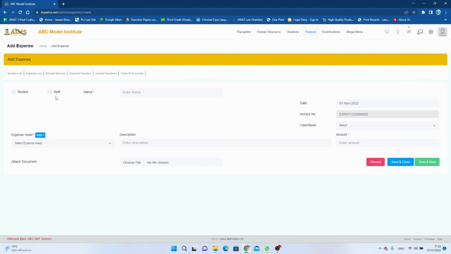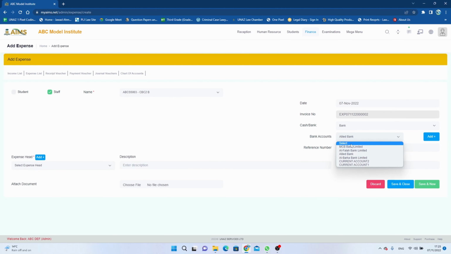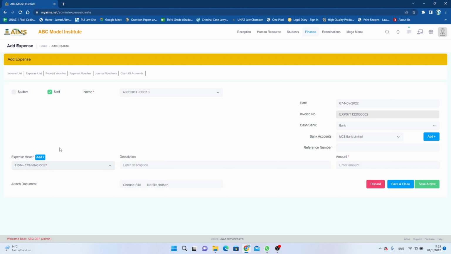another one, and it will relate it to staff. So I will select staff, bank, light bank or MCB bank, whatever. Okay, that's the I will say house rent allowance, clothing cost, training cost. Okay, and if you don't find any